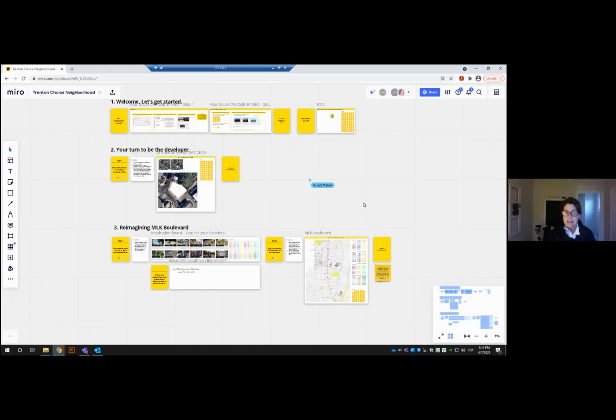Also, Christy, I believe, may have shared it earlier or could follow up with it so that you can always log in later and add some of your comments as well. But no worries if you're not comfortable using the tool because it is a little complex. We can walk you through the basics, and everyone can join in and share their comments.